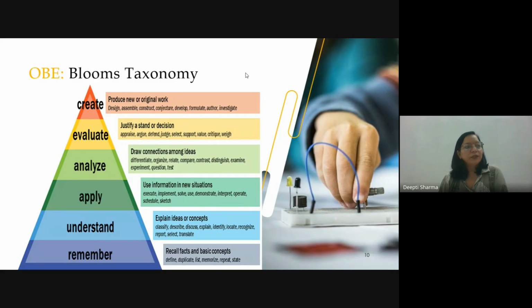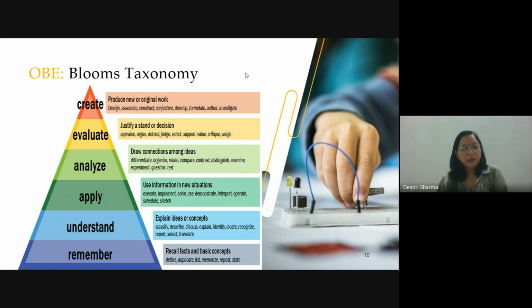Now, after analysis, there should be a certain outcome to evaluate the concept. The efficiency, the load balancing feature, the energy consumption, many things are there, and we quantify whatever we have already analyzed. To quantify the things, we justify a stand or decision that this thing is applicable to this situation or not. If a student is stating that this particular concept is not applicable to this situation, then there should be certain metrics or data to justify the